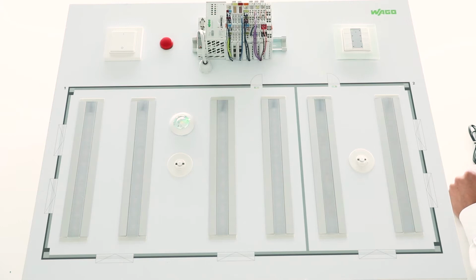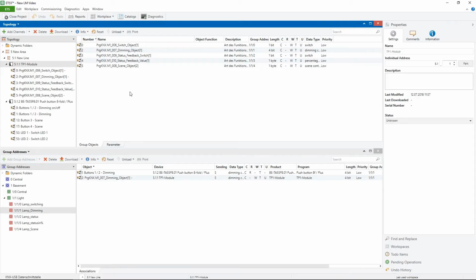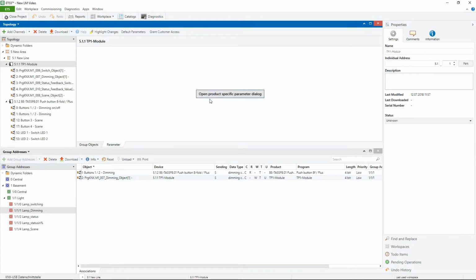Before we start with the application, I want to show you the ETS implementation, because every KNX device has to be configured in the ETS. I have here an ETS 5 project. You can find here our WAGO TP1 module and the push button. I will open the plugin of the TP1 module, parameter,